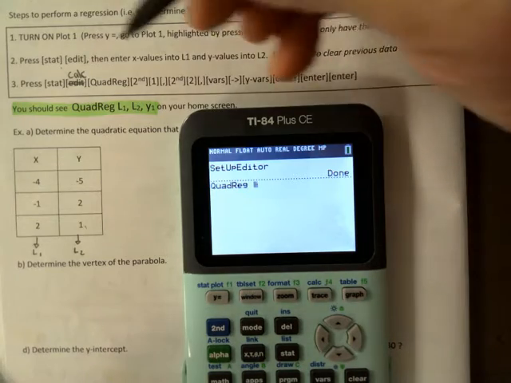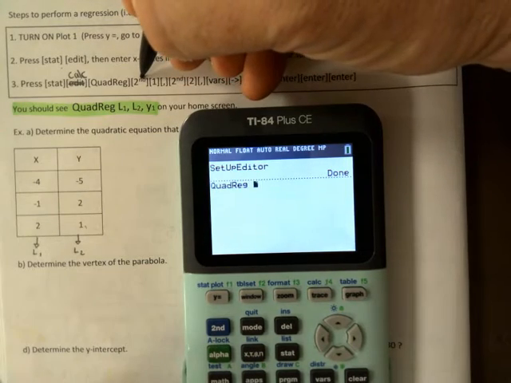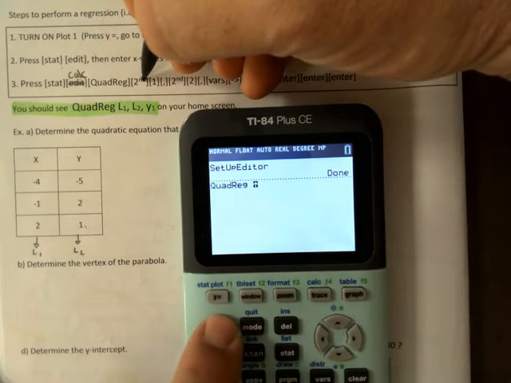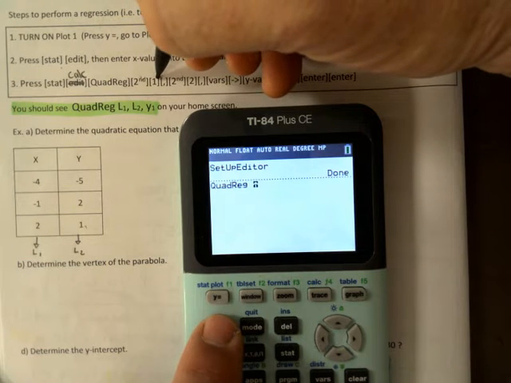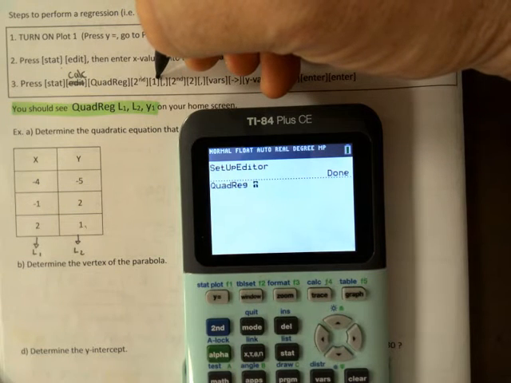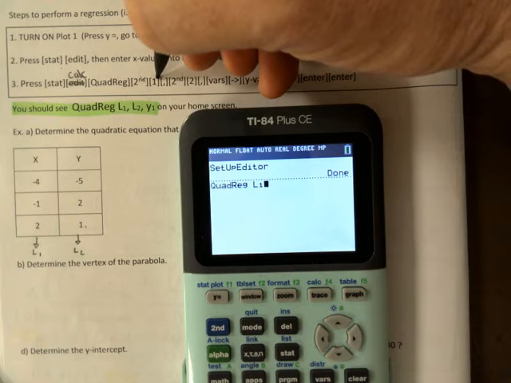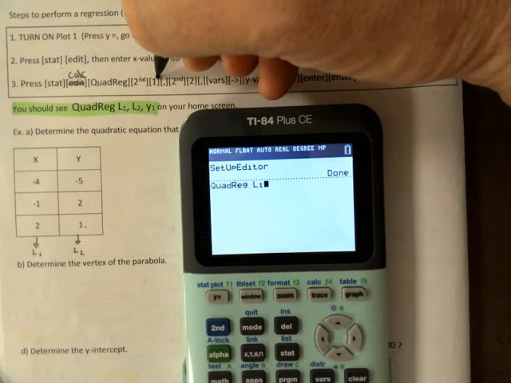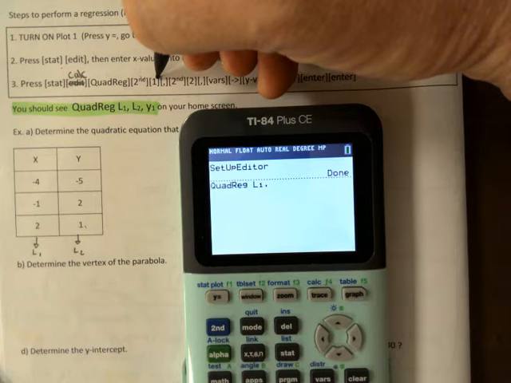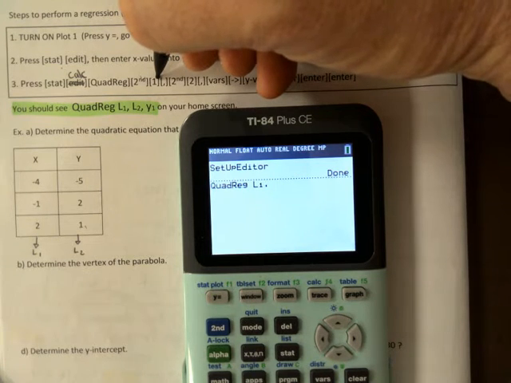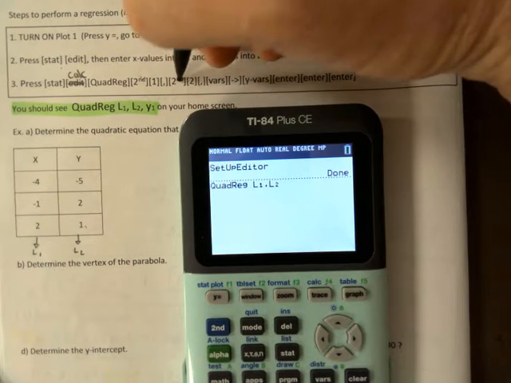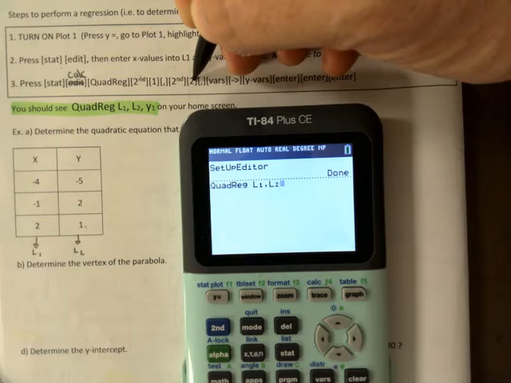And this is where this part comes in. Watch what I do here. Second, 1. So actually number 1. And you will see that it calls up L1, correct? Comma, you have to have a comma in there. You have to separate your entries with a comma. There's a comma button right above 7, okay? Then you go second 2, right? Second 2 is for the L2,